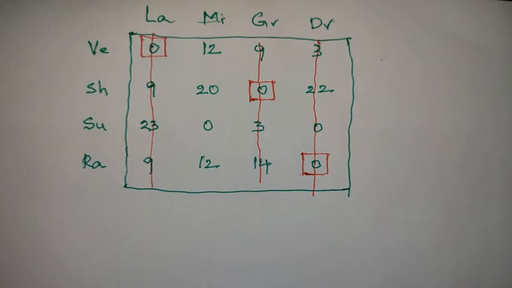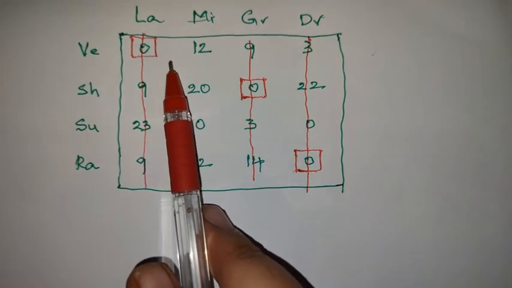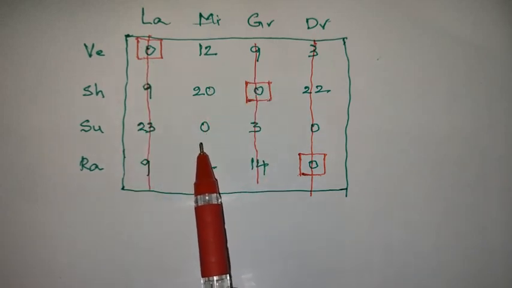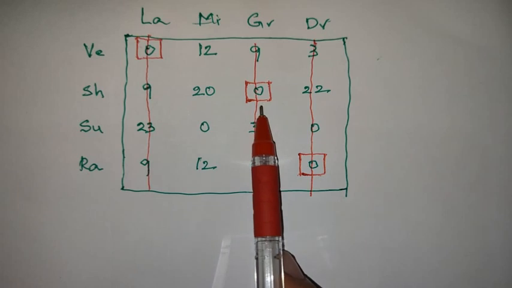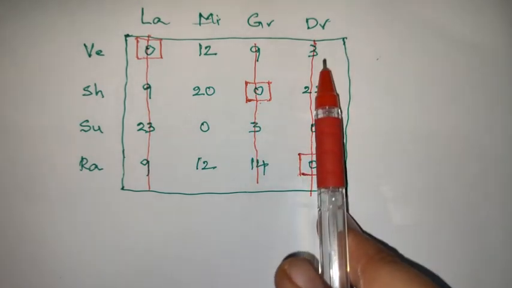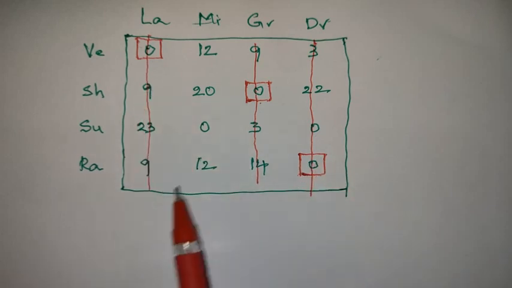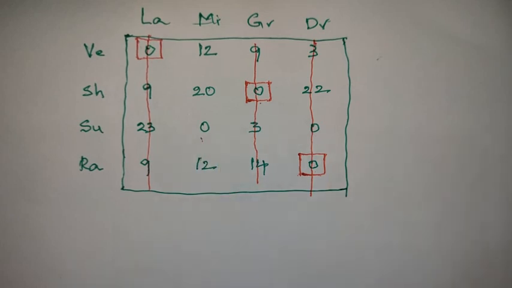Now check whether all zeros are covered or not. So here all zeros are covered. And here 1 0 is there, that is not either surrounded by the box or struck off. So all zeros are covered. Here it is boxed, and here 1 0 is crossed and 1 0 is surrounded. So in these 3 columns all zeros are covered, but a single 0 is there. So that's why we need to go for column scanning.